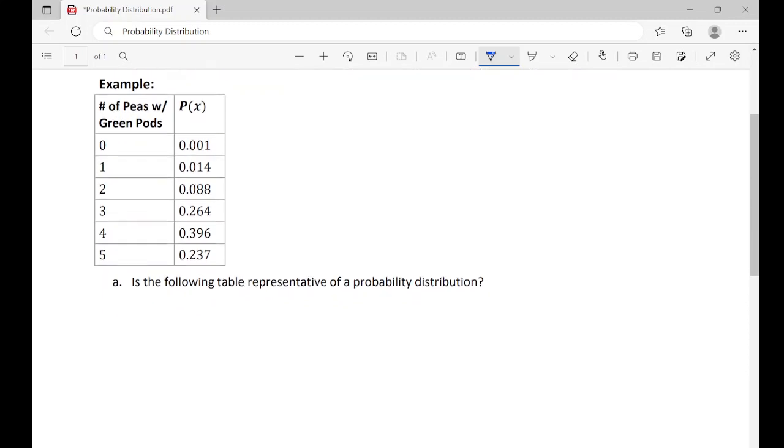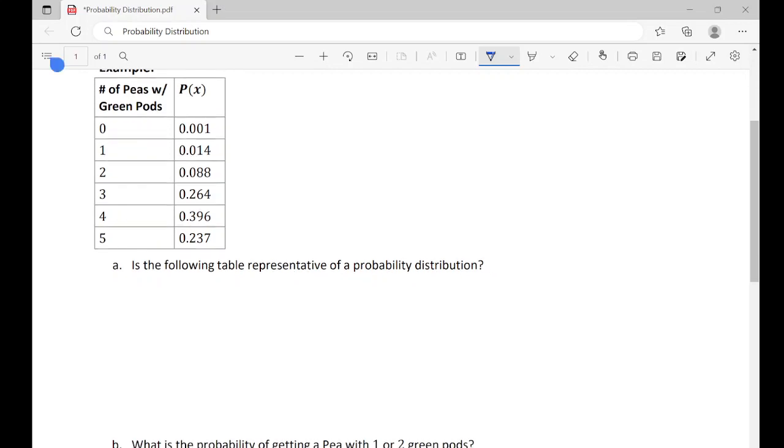So here is our distribution table of peas with green pods. Our first column is how many, 0 to 5, and our P of x is all of these values. And so the first thing is, is the following table representative of a probability distribution? Well, the only way to know that is you need to take all of your P of x values and add them up. So